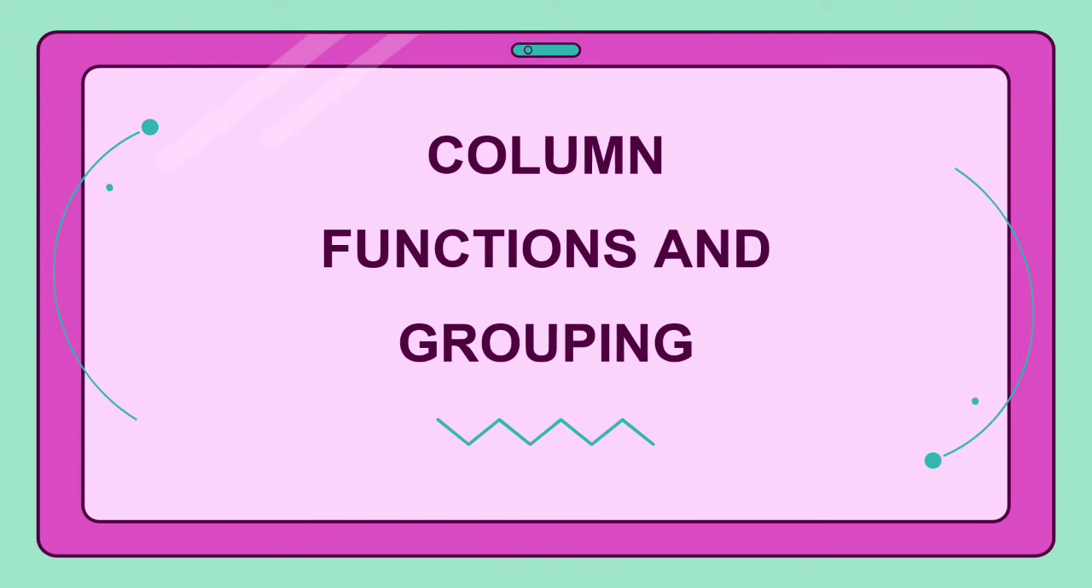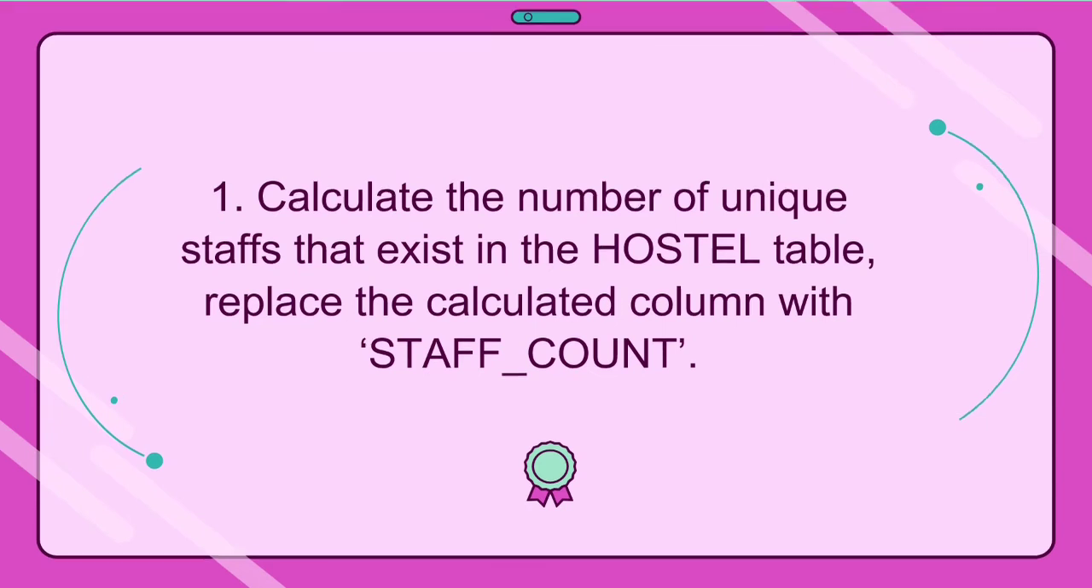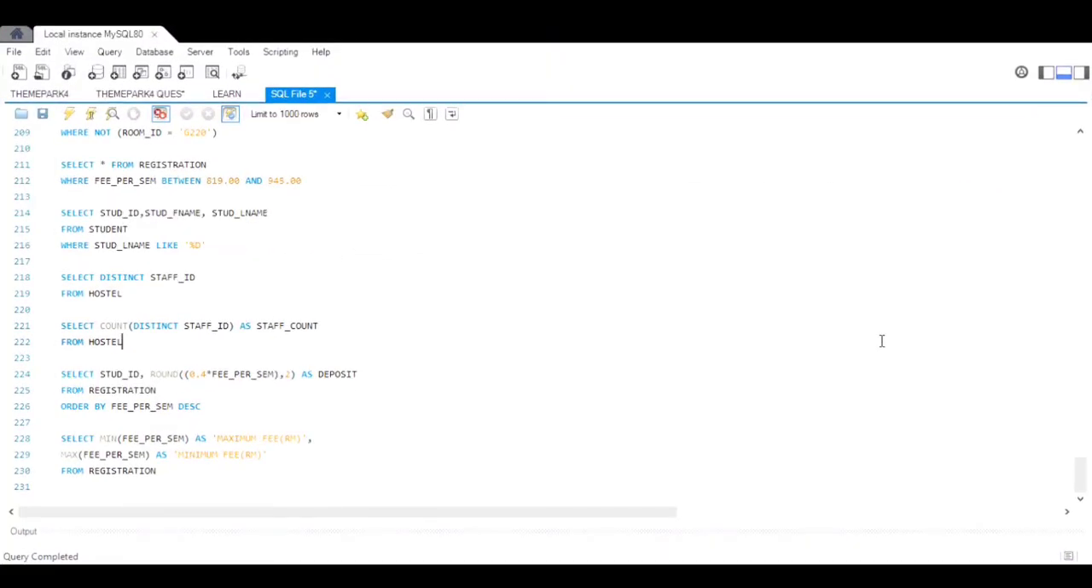Column function and grouping. Question 1. Calculate the number of unit staff that exists in hostel table. Replace the calculated column with staff count. Okay, the question 1 is to calculate number of unit staff that exists in hostel table and replace it with